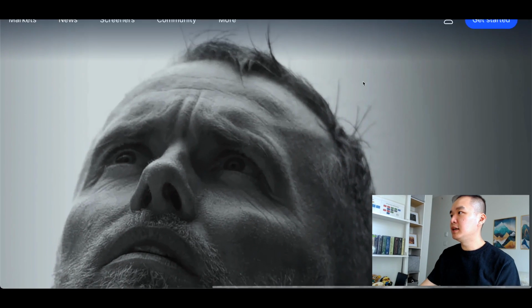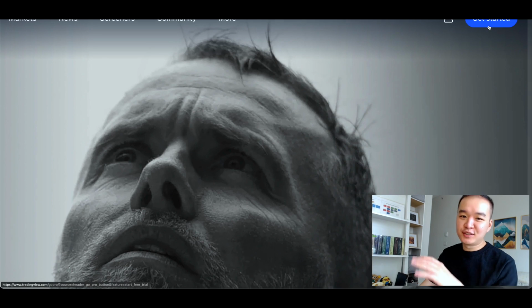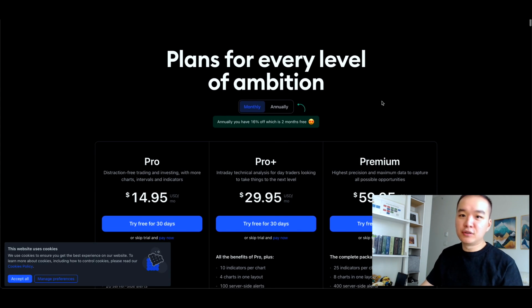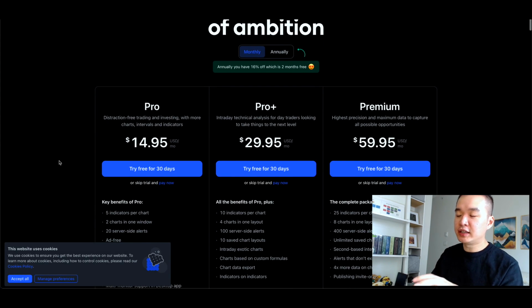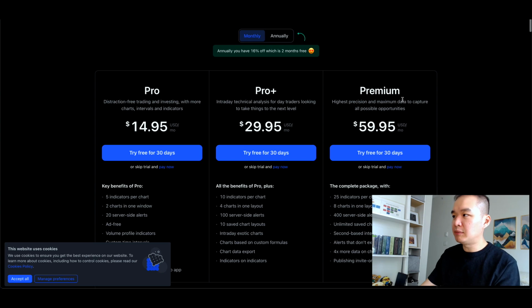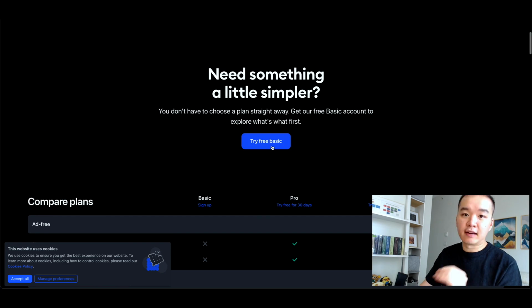Now, if you zoom in here on the right upper corner, then you'll see Get Started, which you can barely see from the screen, but just click on it, and this will bring you to the pricing table. So they used to have the basic version here as well, and then Pro, Pro Plus, and Premium. But if you scroll down a little bit, then you'll see "need something a little simpler," and you can try free basic. And if you do that, then you'll be able to register an account for free without putting in